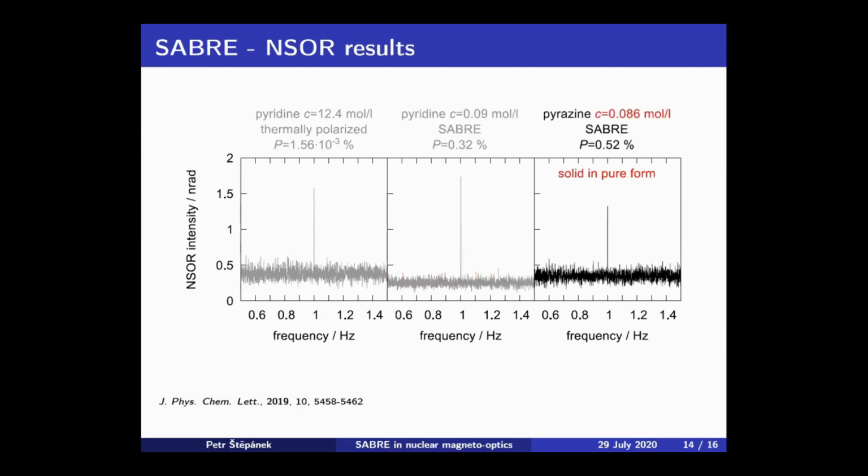And as a direct consequence of this, it also enables us to measure qualitatively new samples such as pyrazine, which in its pure form is solid at normal conditions, which means that it would be very difficult to perform this kind of measurements, because there would be numerous experimental challenges such as continuous polarization and transfer of the sample in a similar way as with liquids. And of course, the light would refract and scatter on the crystals. So this is only possible to measure in solution, and we have